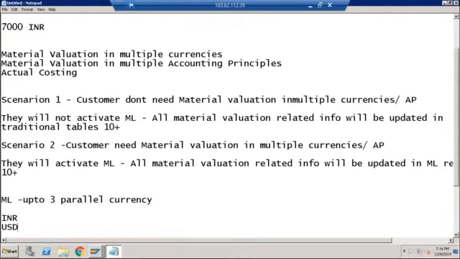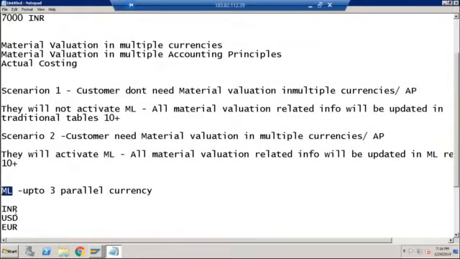The material ledger table has the capacity of storing up to 3 currencies. Even if the customer is not looking for USD and Euro, if I delete these, the material ledger table still has the capacity of storing one currency. Then why, if only one currency is required, am I going to the traditional tables?